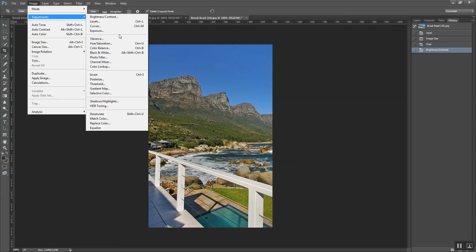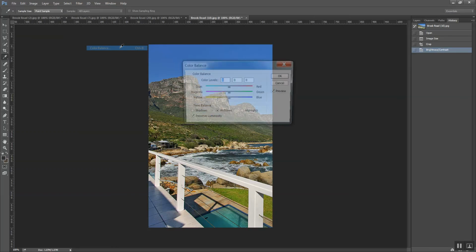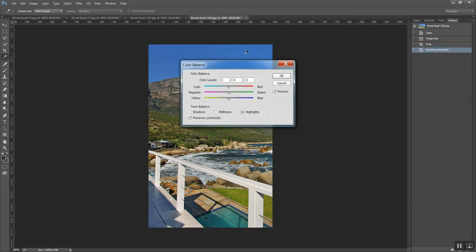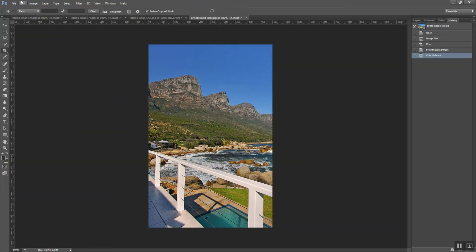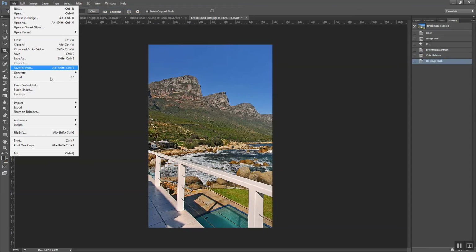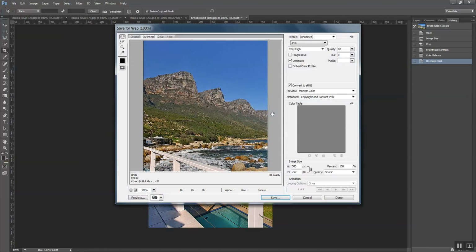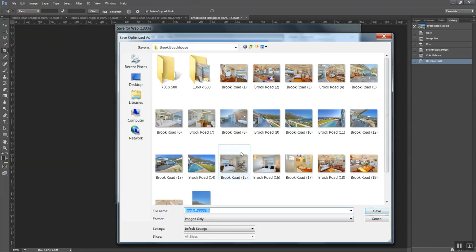Quite often when you've got big outdoor shots, you can do a little touch of red. Color balance. Here we go. Filter, unsharpen mask, file, save for web, and